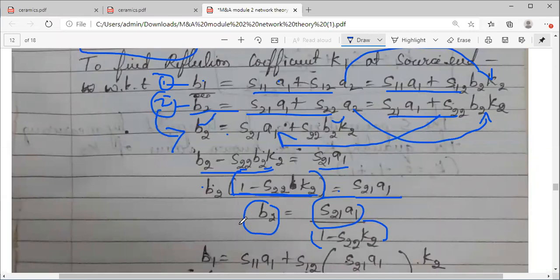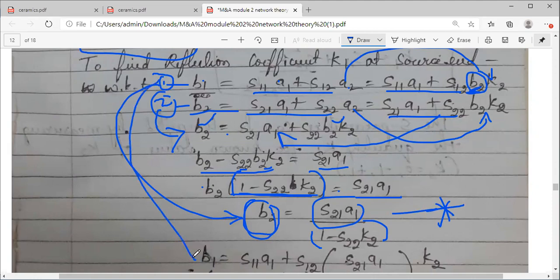So this B2 that you got, you take equation 1, and in equation 1 you have a B2 term. You can see you have a B2 term. What I did, we took a pair of equations, and instead of A2 I changed it with B2 K2. After that, taking the second equation I have got one value for B2. Some rearrangements. Okay, B2. Once I find B2, this answer for B2, the star value and equation 3, substitute this in equation 1. What you will get? Equation 1 is B1 is equal to